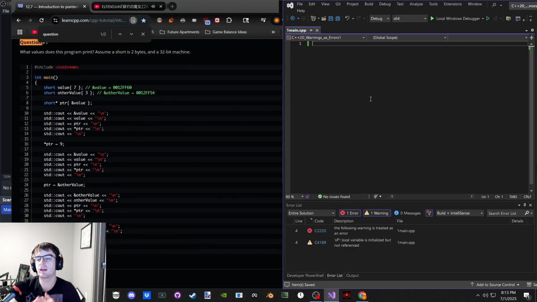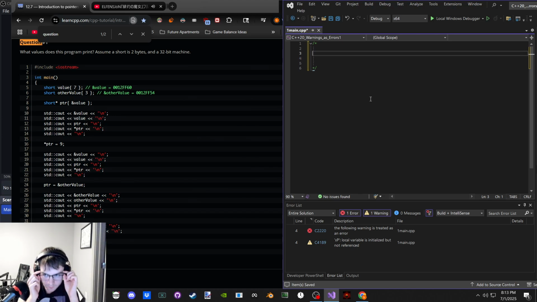Alright, so we have a 32-bit machine, which means a 4-byte pointer, not an 8-byte one, and a short as 2 bytes, so like normal. Alright, so we're gonna say there's a value that's 7.